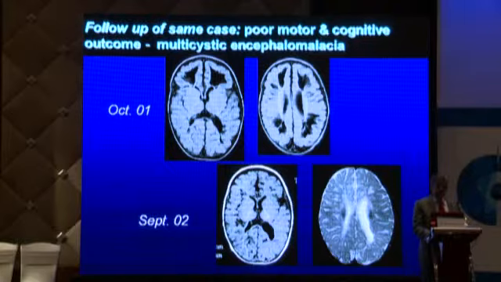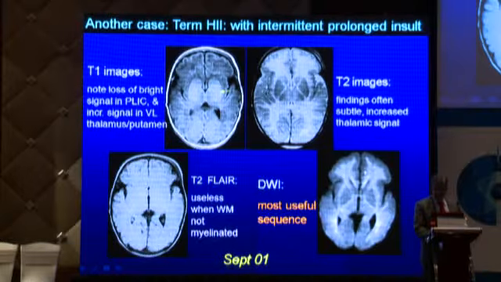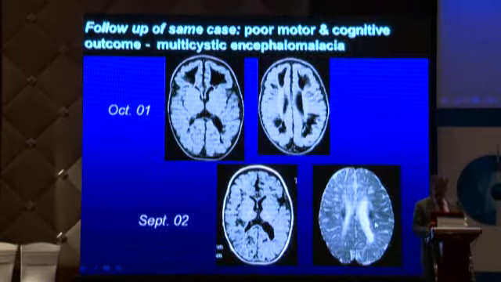Now that particular pattern that I just showed you went on to develop multiple cysts within the brain, because areas of diffusion restriction usually mean that the brain does not recover but goes on to become gliotic and encephalomalacic. So this is the classic multicystic encephalomalacia. Over time, these cysts get absorbed, and then you're left behind with severe atrophy of the white matter within the brain, and the child is often permanently damaged with a spastic diplegia and other deficits.